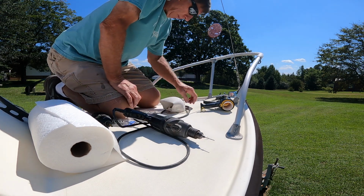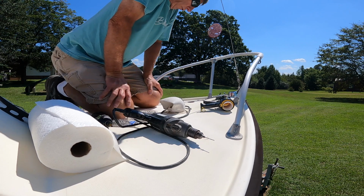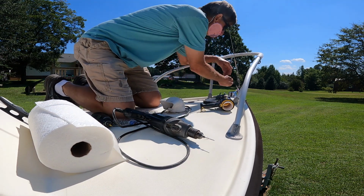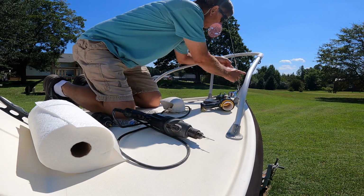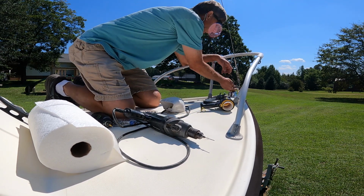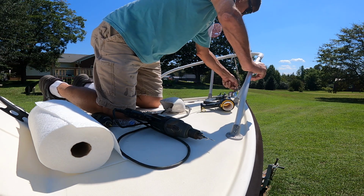Anyway, I'm going to bed that in, use stainless steel screws, and then that'll give me a convenient place to store and retrieve my anchor rod. You may notice here I've got a little, I think they call it a pendant, to raise my jib sail just a little bit. It gets the foot of the jib sail up above the turnbuckle there. And then this little block right here is just for a downhaul, which can run through that block and then back to the base foot of the mast or wherever